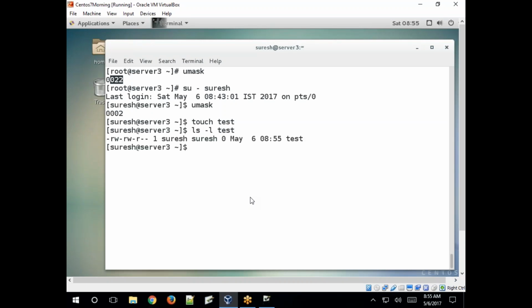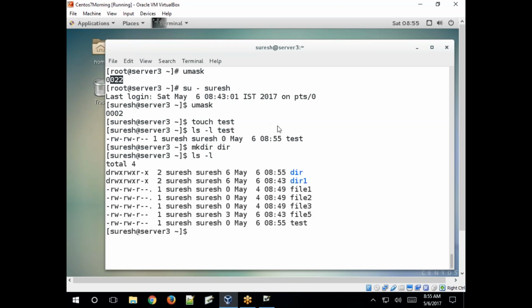See, what is the default permission? 664, right? Create a directory, dir. What are the permissions on dir? 775, right? 7, 7 and 5.